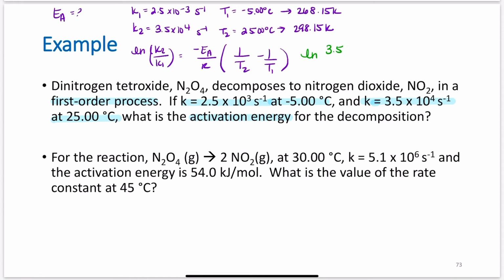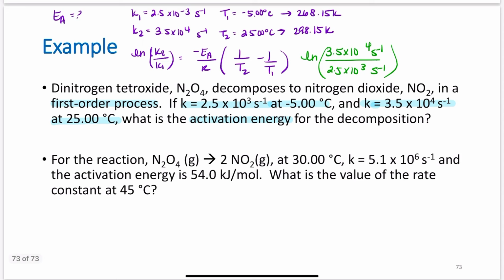Natural log of 3.5 times 10 to the minus fourth seconds to the minus 1 divided by, hold on, did I write those down? 3.5, oh yeah, okay. 2.5 times 10 to the third. That should not be a minus sign. That's where I'm messing up. I apologize. Too many minuses when I'm writing these things out. I'm so used to writing minuses. Positive. 3.5 times 10 to the fourth seconds to the minus 1 divided by 2.5 times 10 to the third seconds to the minus 1